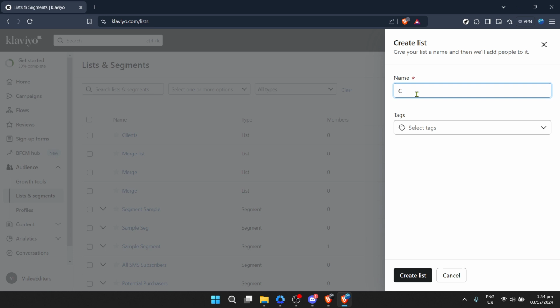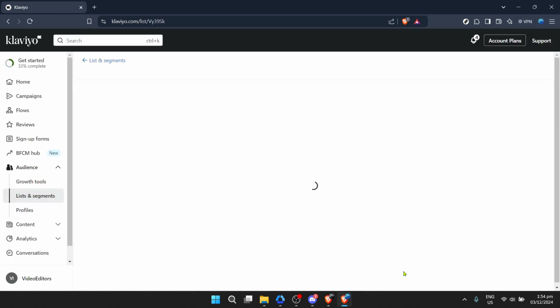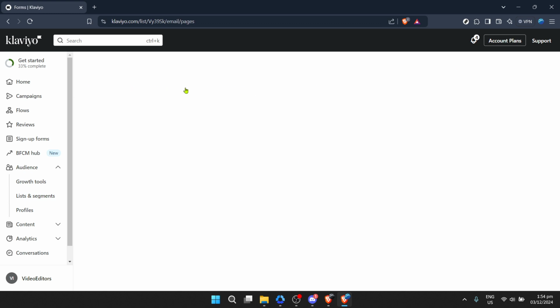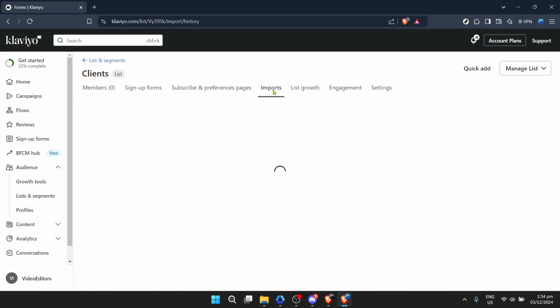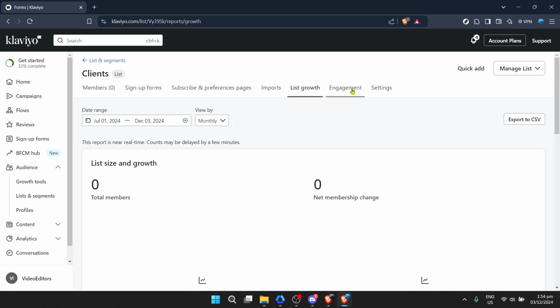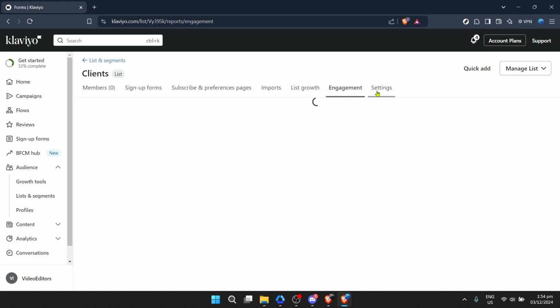Clicking on Create New opens up a new window asking for details about your new list. You'll need to provide a name for your list, make it descriptive enough so you can easily identify its purpose at a glance. This could be anything from newsletter subscribers to summer sale contacts. After filling in the necessary list details, hit the Create List button. Just like that, you've laid the groundwork for your new marketing campaign. But of course, a list without contacts is like a car without fuel, so let's get to importing.